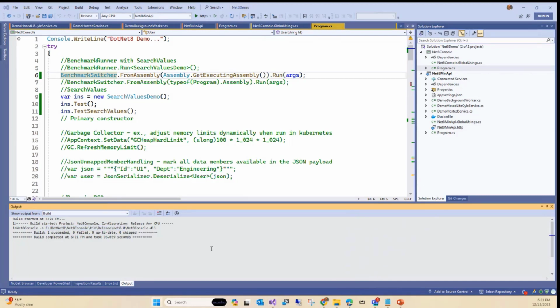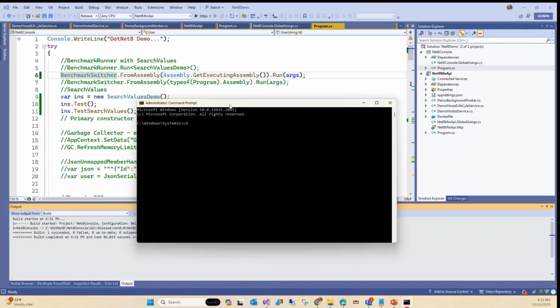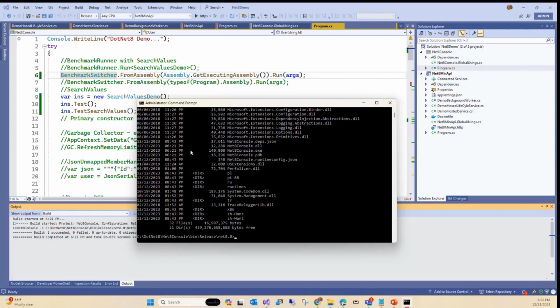So I'm going to open the command line, my other window, bring it back. Okay, so I have a command window over here. I'm going to change the path, cd, and then change to this path over here. Yeah, we have the DLL in that path, right? Yeah. So what we're going to do, dot net8